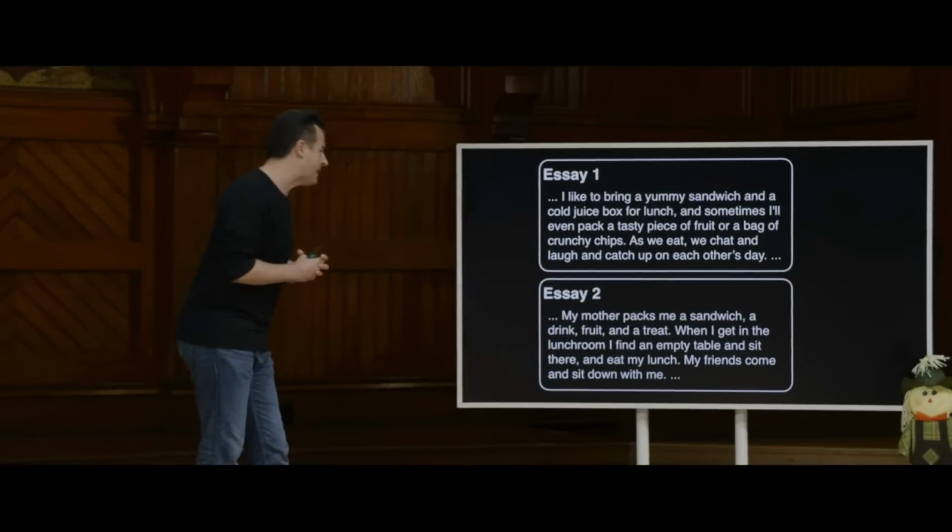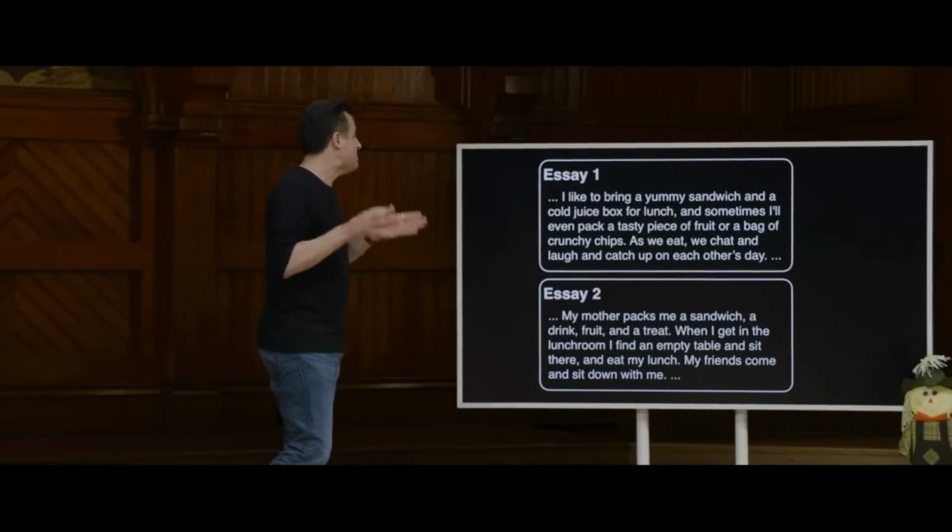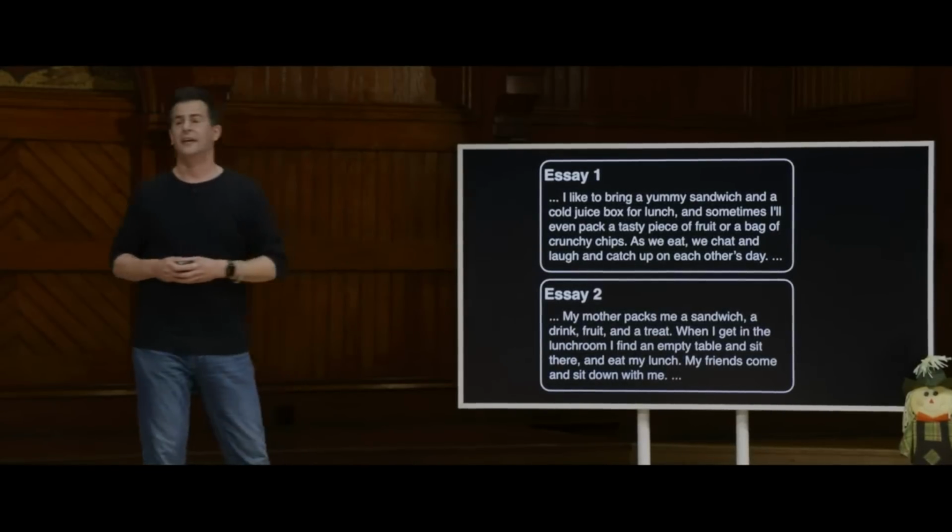Essay 2. My mother packs me a sandwich, a drink, fruit, and a treat. When I get in the lunchroom, I find an empty table and sit there and I eat my lunch. My friends come and sit down with me, ...